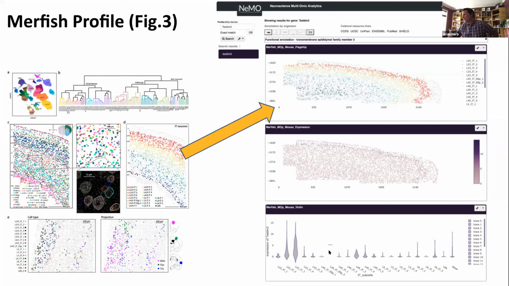And to make this a little bit simpler, again, this is just another type of plot that you can produce. You can take this data, summarize it into a violin plot, and very quickly confirm, yes, indeed, layer 2, 3, and even dissecting that further, you see that's only in these two subtypes.